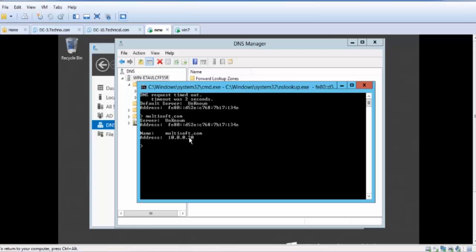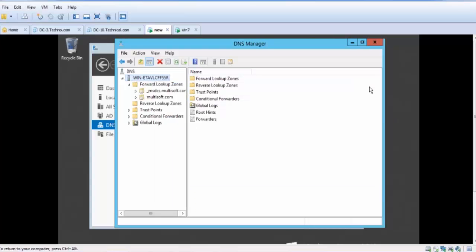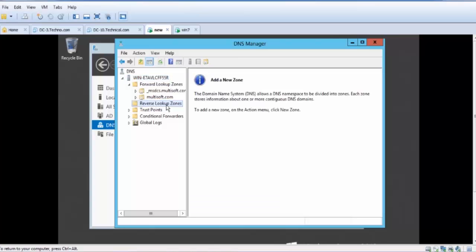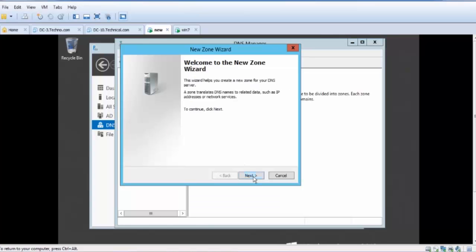But if you try IP, it will not resolve the name. Why? Because your reverse zone is not created, right? So if I create the reverse zone, next,